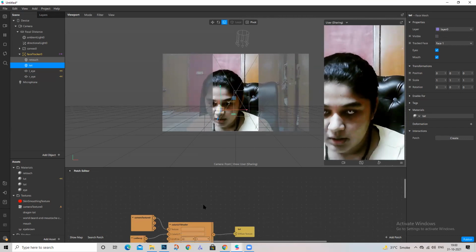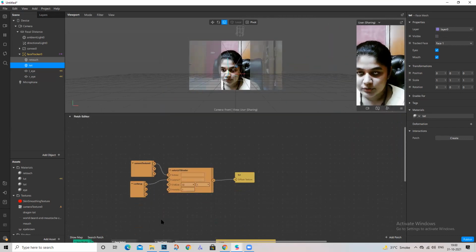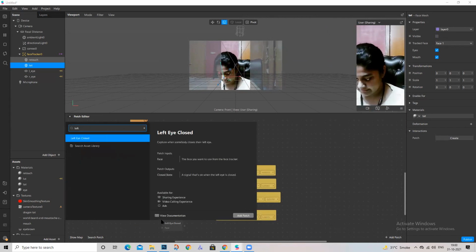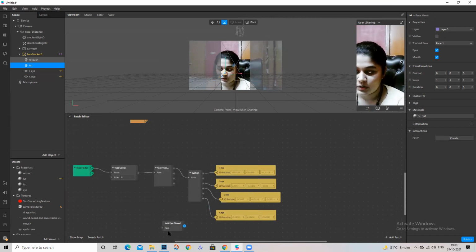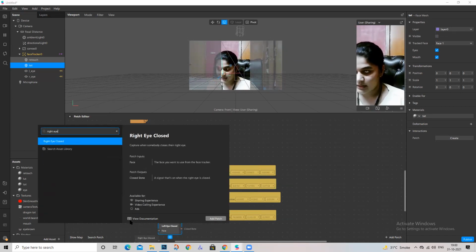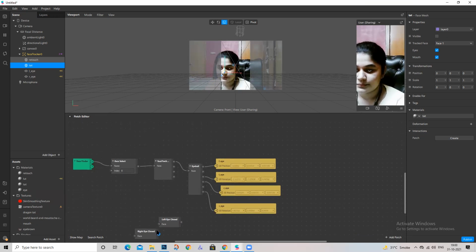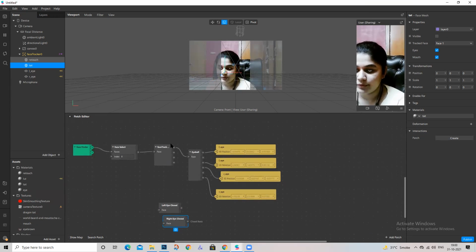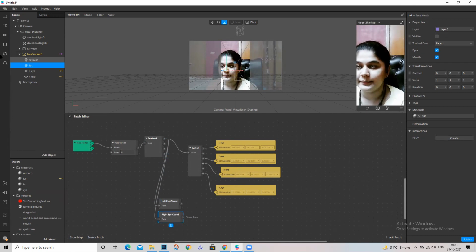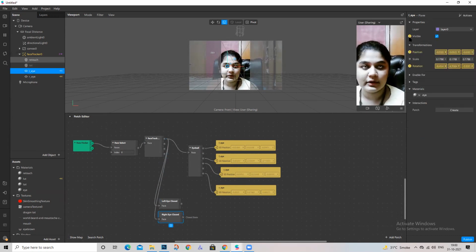So we will go to the patch editor and type left eye closed and right eye closed. We're going to connect it with the face node of the face tracker, and we're going to connect its visibility with it.